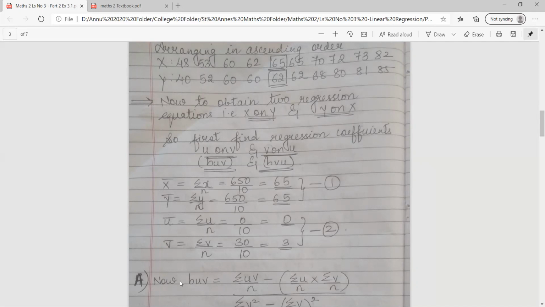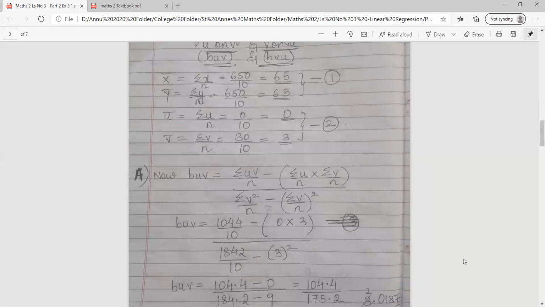So you can find the averages and name it point number 1 and point number 2. Now I'm moving forward and finding out x on y, that is u on v. So as you all know, we'll put the formula covariance in the numerator, that is summation uv upon n minus summation u upon n into summation v upon n, divided by, as you can see, the last letter over here is v. So in the denominator, variance of v, summation v square upon n minus summation v upon n the whole square. So taking the values from the table above, and the total of number given is 10.